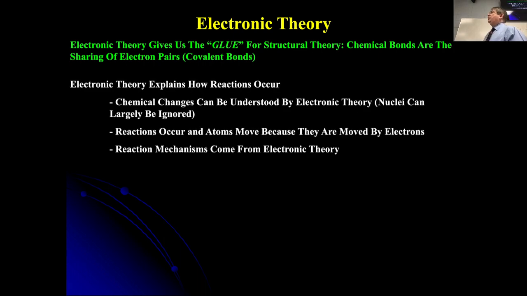Electronic theory helps us understand reactions. When we are on the board working out a reaction, we are not going to care at all about the nucleus of the atom. We're going to care about the electrons. Everything that we do and talk about is, well, this electron's going to want to do that. This electron's going to want to react with that atom. This electron's going to want to pair with that electron. You're never going to hear me say, well, I wonder what happens to the protons and the neutrons. I don't care. I'm a chemist.